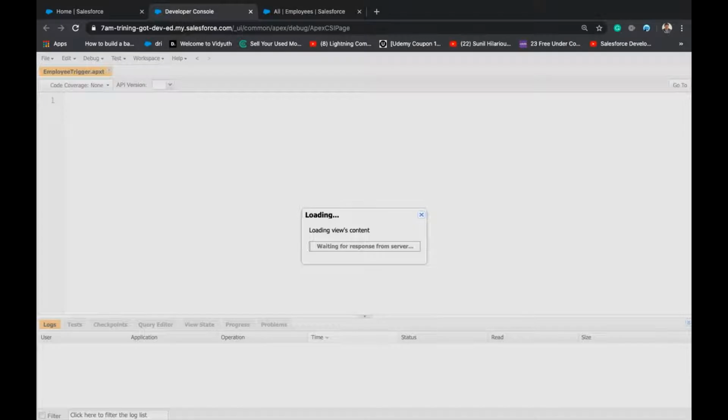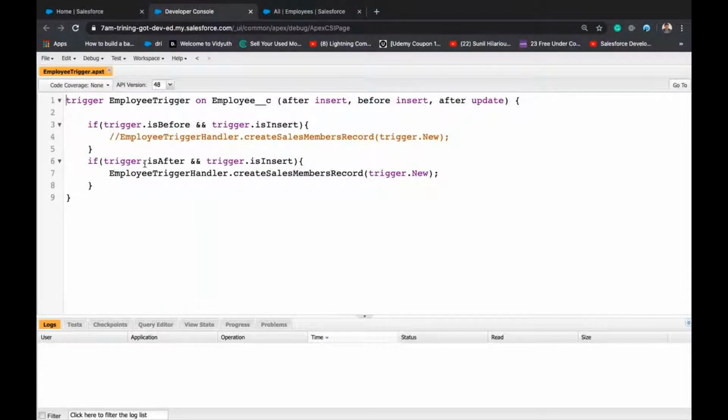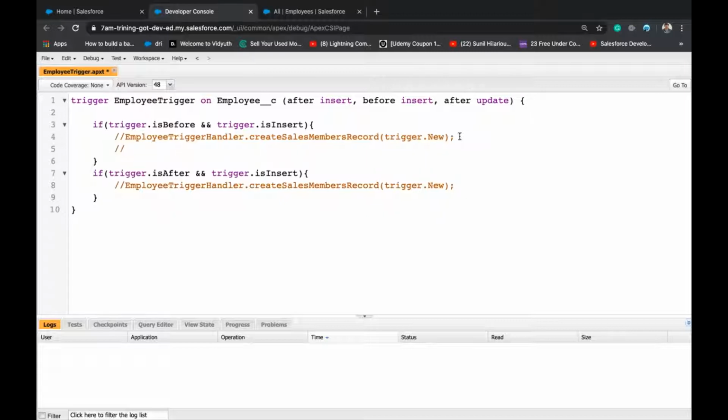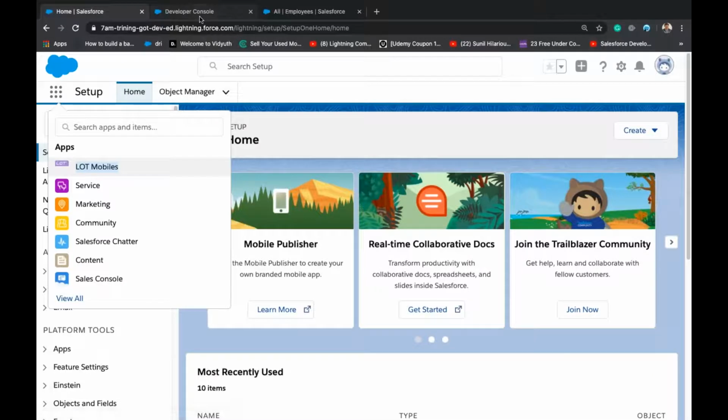We will not use this because this can be done using Process Builder. You can create the same in Process Builder. But what exactly is the logic that we cannot do in Process Builder? First thing, we cannot check something in the database in Process Builder, like email or mobile number. So the employee has an email. Let's check.